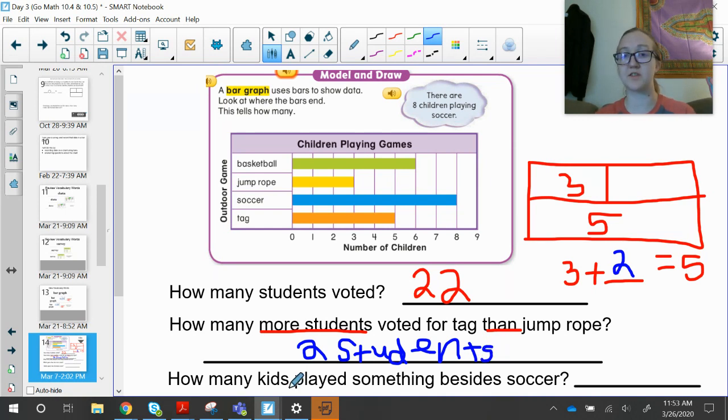Then how many students played something besides soccer? This is really, really tricky. So I want you to think. We started off with 22 students and then played something besides soccer. So 8 students played soccer. What we could do is we could add all 3 of these categories up, and that's how many students played it besides soccer. But we could also think, oh, if I take away, I know 22 students voted in all, so if I just take out all of the friends who played soccer,